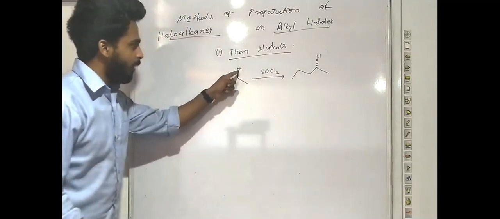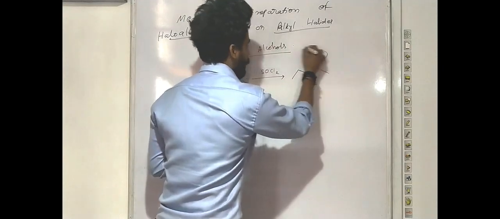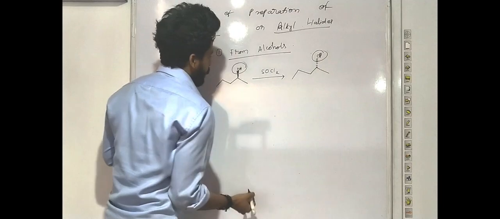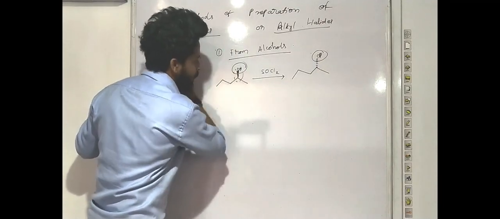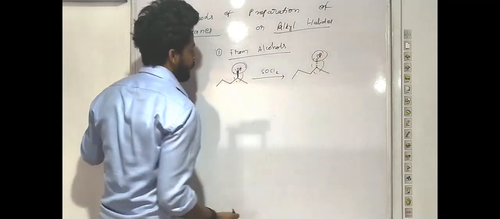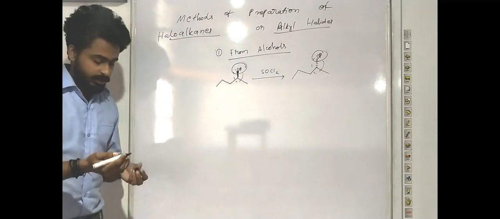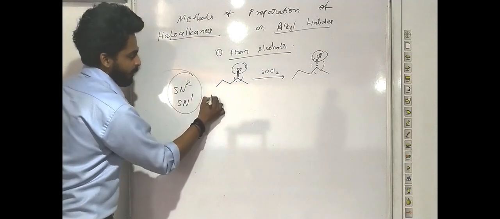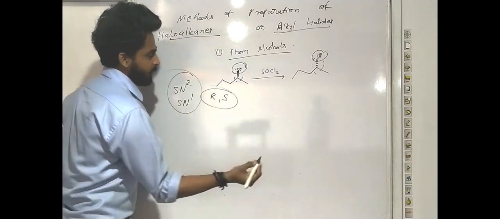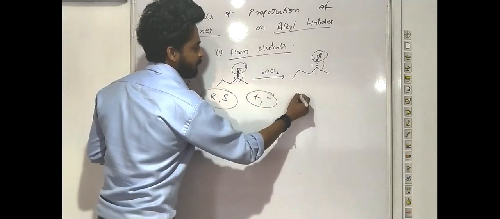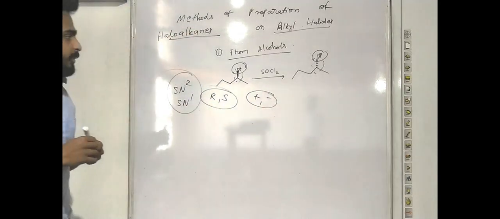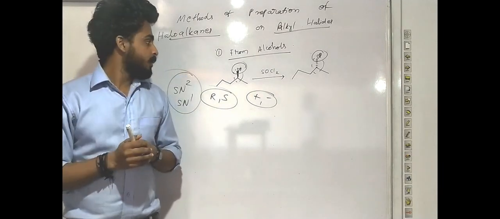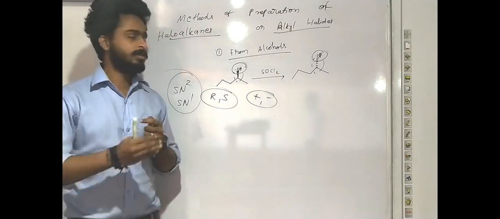We are going to convert an alcohol into a chlorine compound. Like this OH, we are going to convert this OH into chlorine. But here we can see the stereochemistry. There is a change in the stereochemistry. Like we already discussed, what is retention, what is the SN2 reaction, SN1 reaction, R and S configuration, plus and minus, enantiomers, diastereomers, and stereoisomerism. We'll be discussing something more about this case.